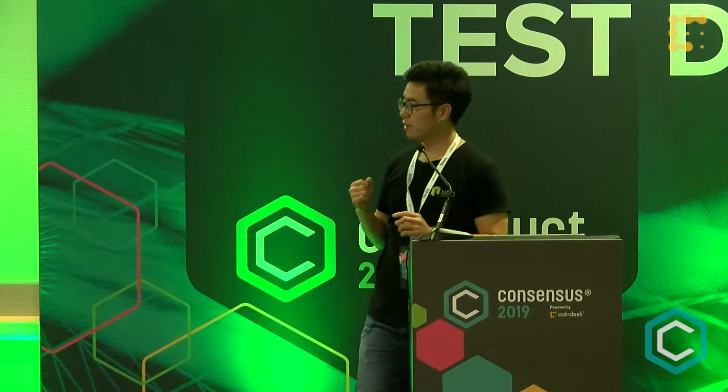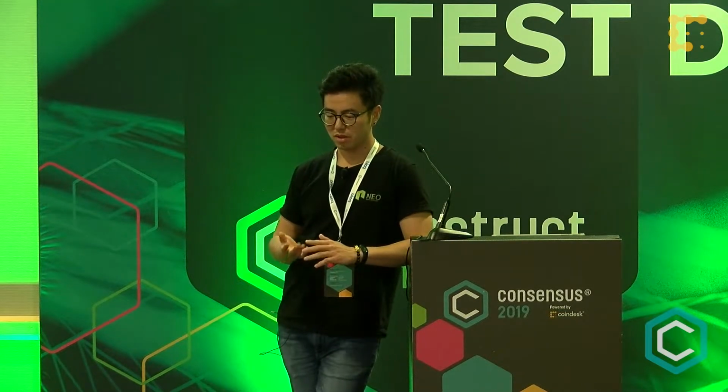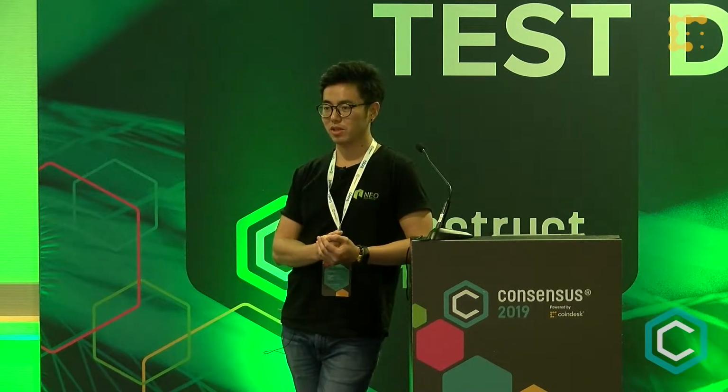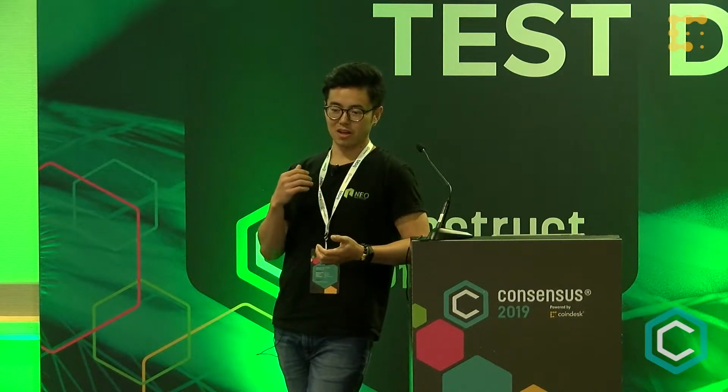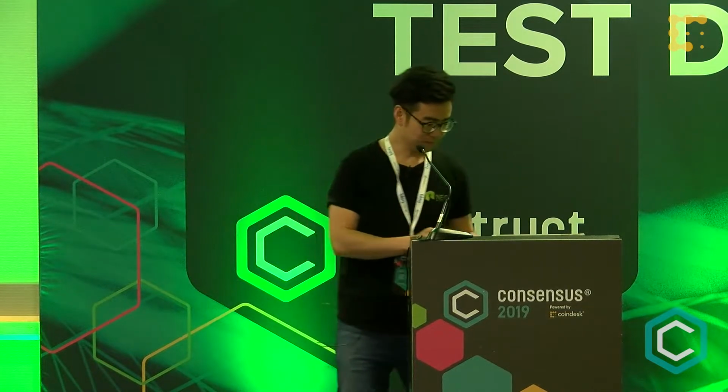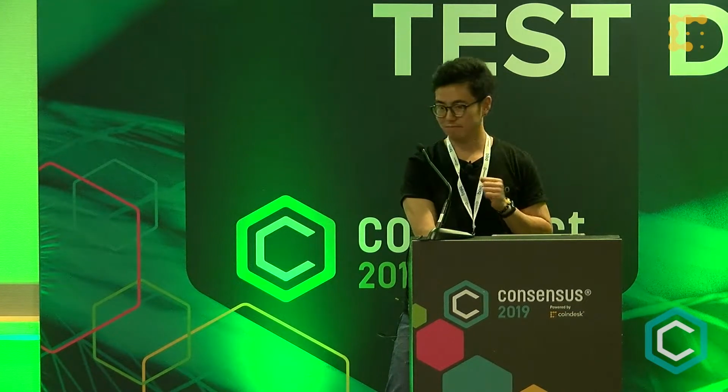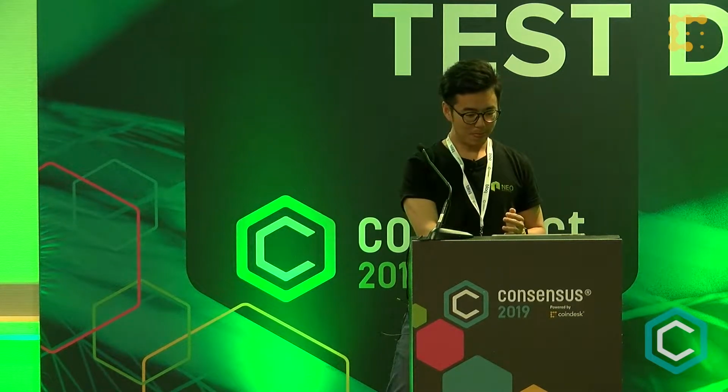So starting a private net is simple with Neo. We just want developers to have something very quick so they can build on it. They can spend more time actually playing with the application, playing with the code to interact with the Neo blockchain. Okay, now we have this private net set up.